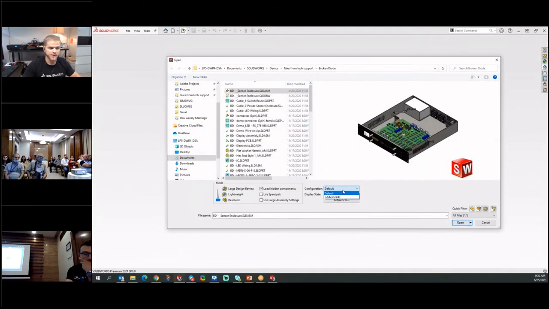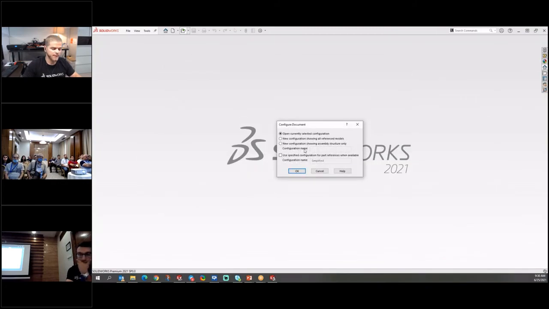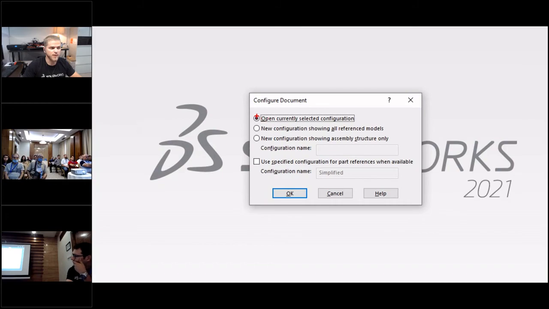There's an advanced button that allows you to, on the fly, so I'll do that now, advanced, and we'll hit open. It brings up this additional menu where you can open the currently selected config, open the configuration showing all reference models, or a new configuration showing only the assembly structure, and you can give it a name.